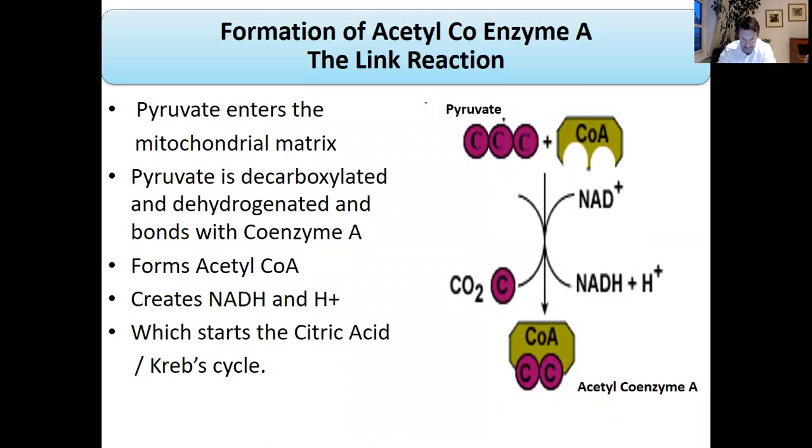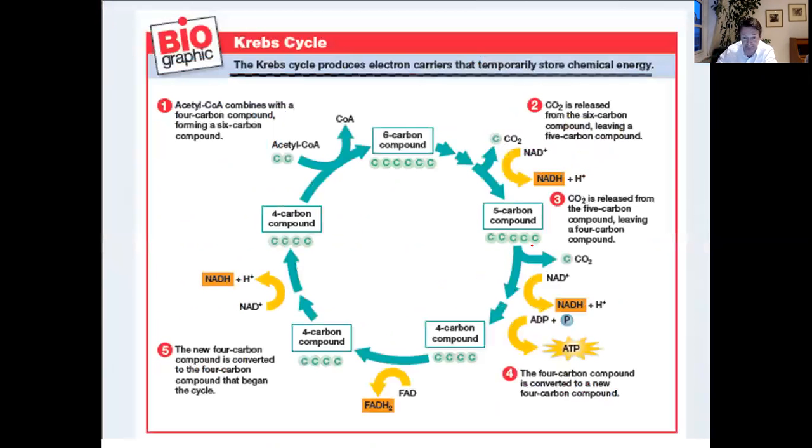Okay, link reaction: pyruvate joins with coenzyme A, forms acetyl CoA when you decarboxylate it, remove the carbon dioxide, and then you reduce the NAD. Krebs cycle in more detail than me just scribbling away, in fact, the same amount of detail. 4-carbon compound joins with acetyl 2 carbon to produce a 6-carbon, decarboxylate, dehydrogenate, 5-carbon, decarboxylate, dehydrogenate, formation of an ATP,